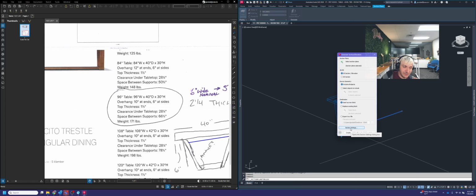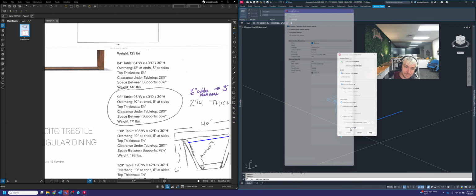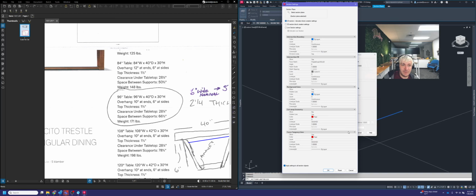If you need some time to go through these, you can pause the video as I go through this to copy these section detail settings. But we're going to click on this section settings box at the bottom. It's going to open up this menu here, and you're faced with 5 different groups of